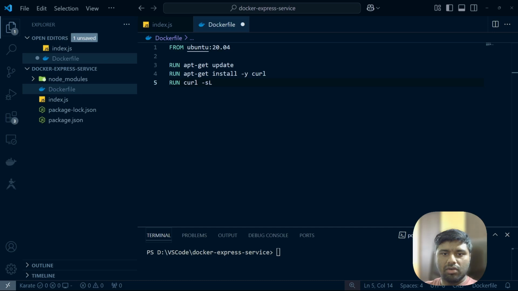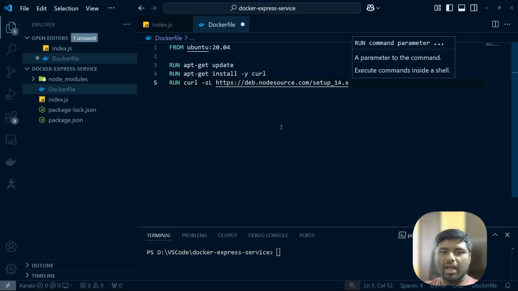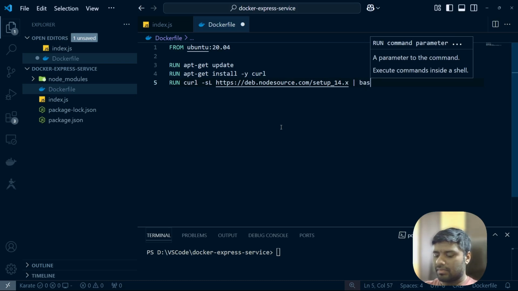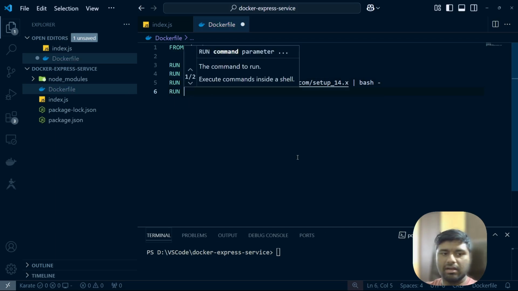The specific node version that we wanted to have is this one, this is the node version we want to specify. And once it is done, we want to have bash. All right. Now, once this is done, we have installed the Node.js as well. After that, we have to run